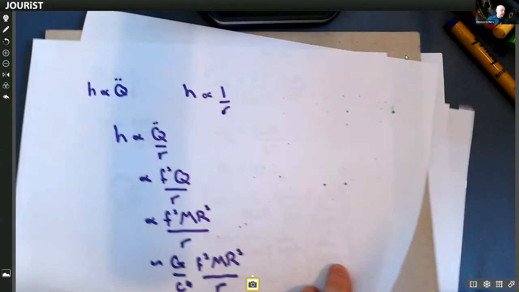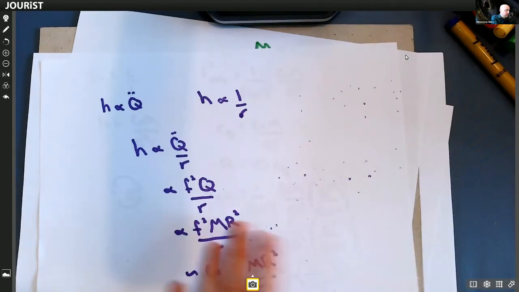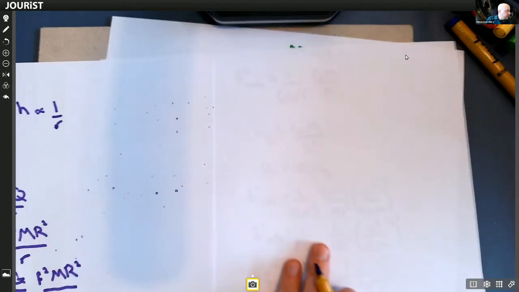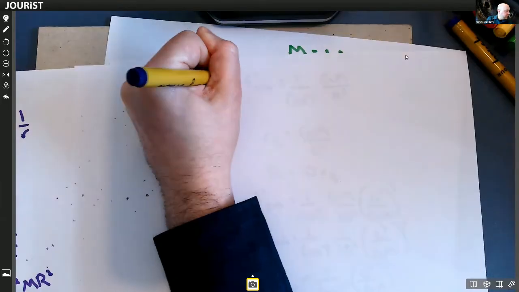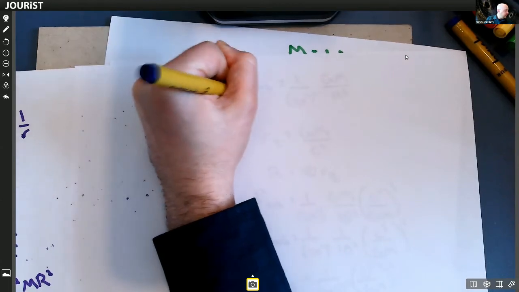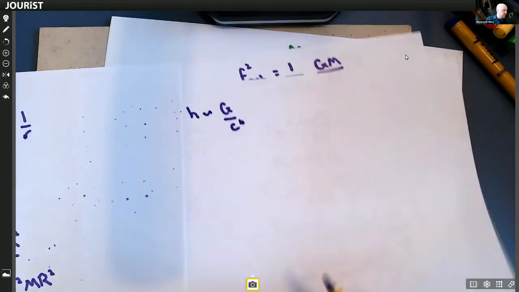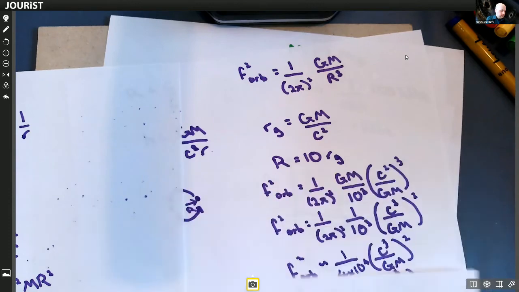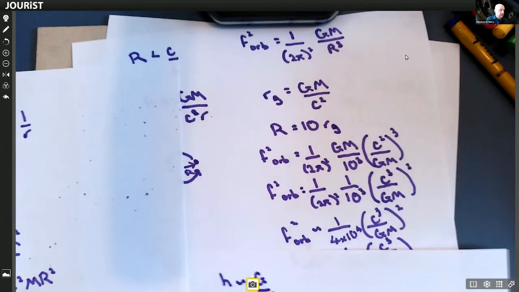So let's take a look again at our equation for gravitational wave strain here and substitute in our characteristic frequency that we've got. So we've got h something like G over c to the 4, then frequency squared, which is going to be something like